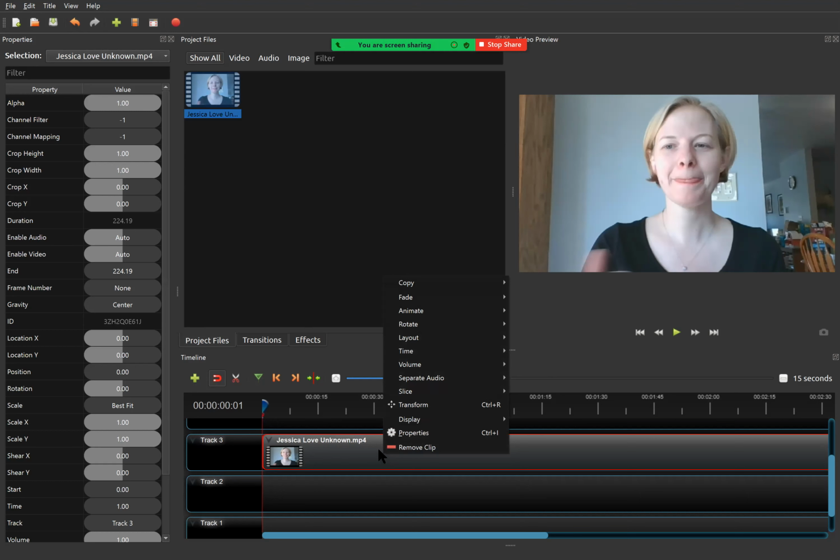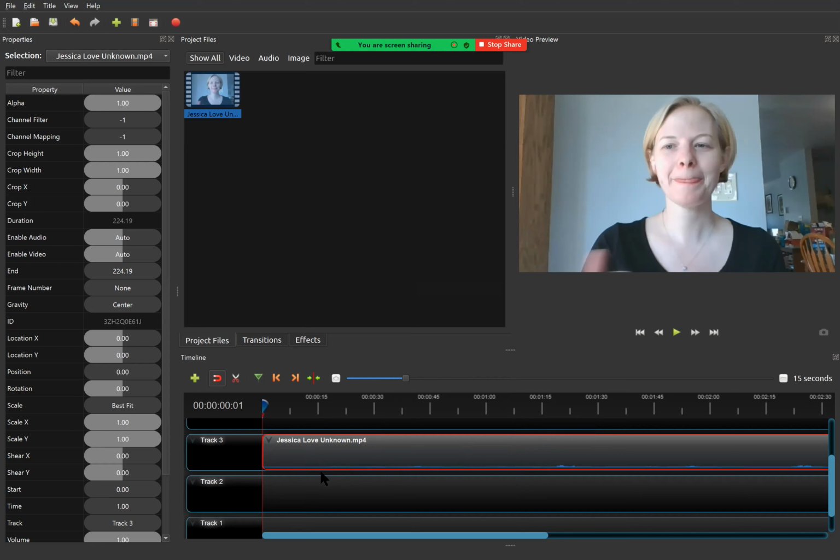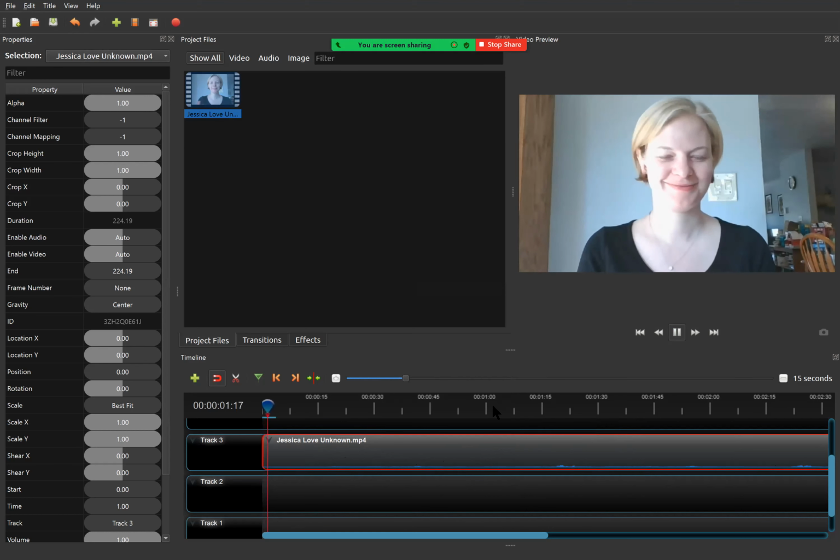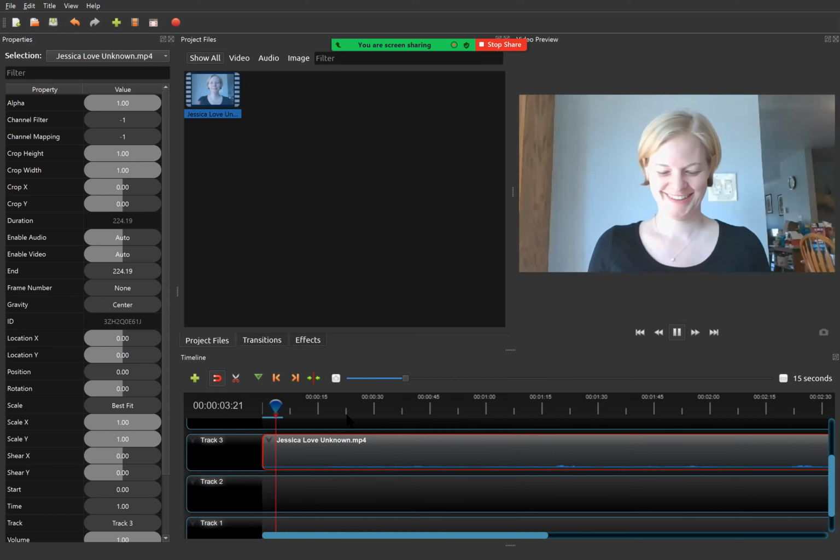And one of the things that I do very often is to display and show the waveform. What that does is it will take the video and then you can see the waveform. It's pretty small on this one, but it's enough to deal with. And then I have the audio portion of it and the video. So if I were to play this, I can play it, and she's getting ready, and we get over here to,